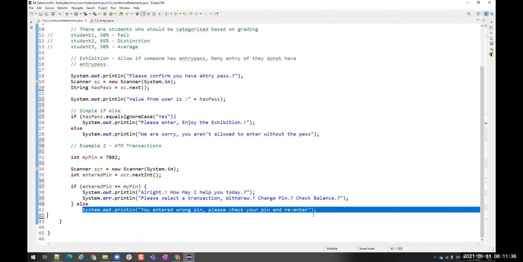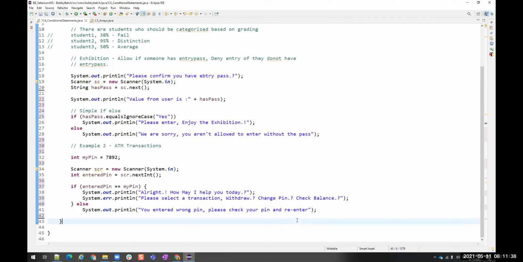Is that clear? What is the error message? It will be a syntax error. See? Syntax error on token else, delete this token. But we want it, I'm not going to delete it. I want the else condition. To make it correct, what I should do is add these blocks. Okay? Is that clear?